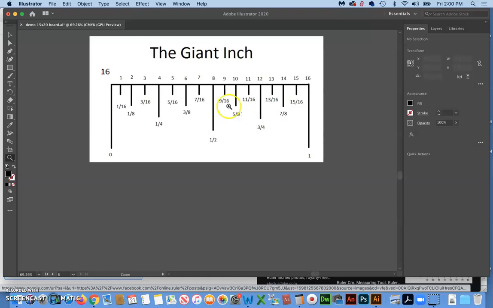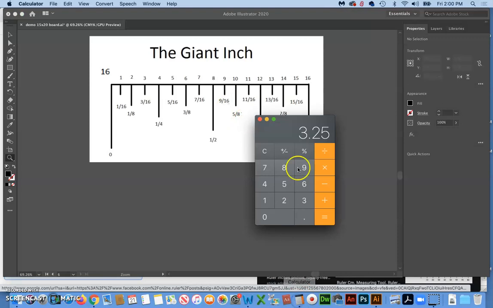Well, we would say, okay, the distance that we had was 3 5/8. We need half of that on each side. So again, we start with the fraction. First, clear this out. 5 divided by 8. And we could confirm that on our decimal equivalent, but that comes out to 0.625. Add back in the whole number, the 3. So that's 3.625, or 3 5/8,